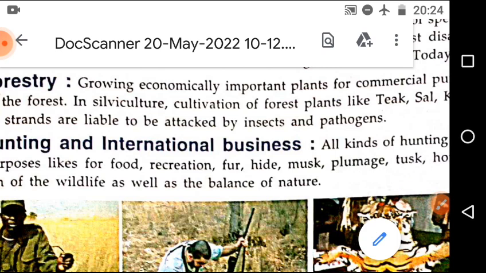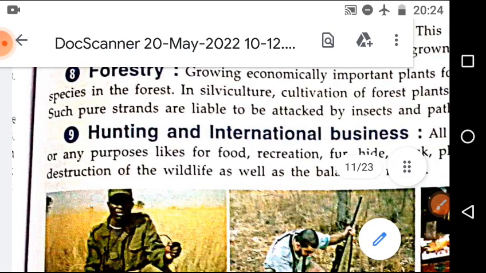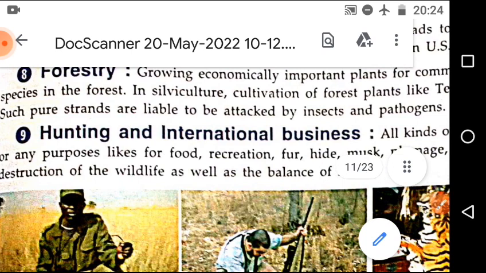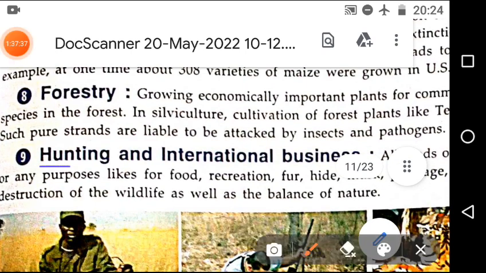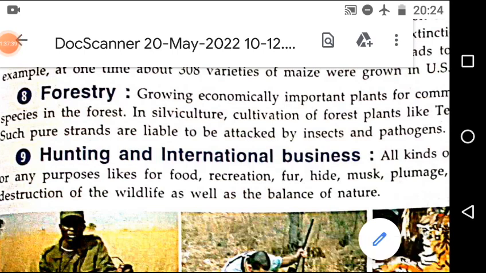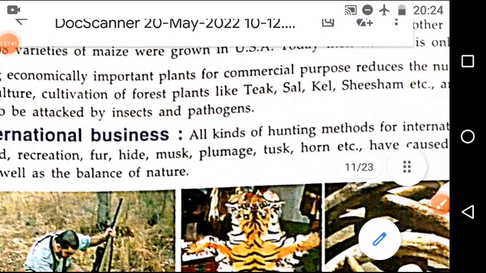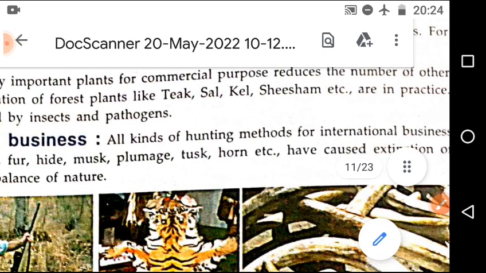Next is hunting and international business. It is also called poaching. Poaching is being done for, it is a huge business. Okay, it is an international business. Like the name,